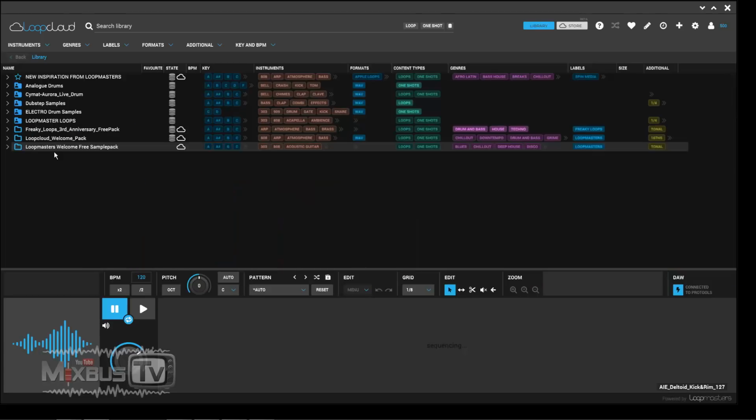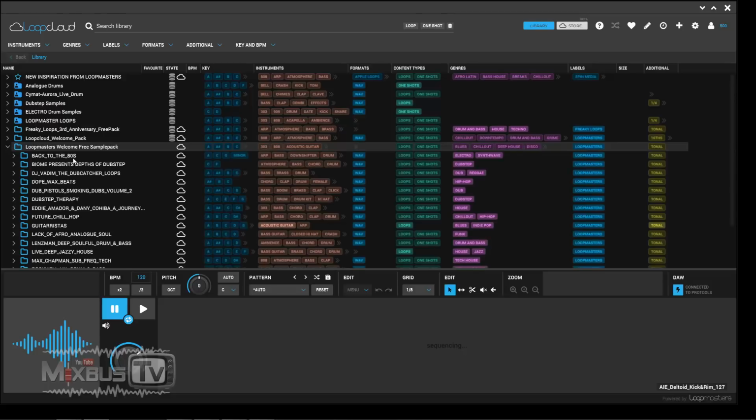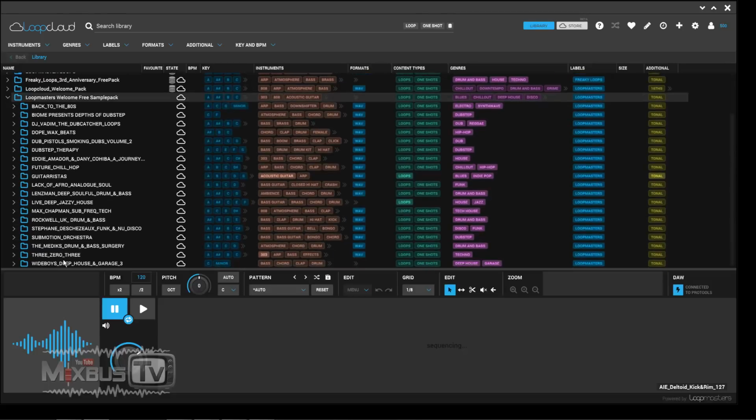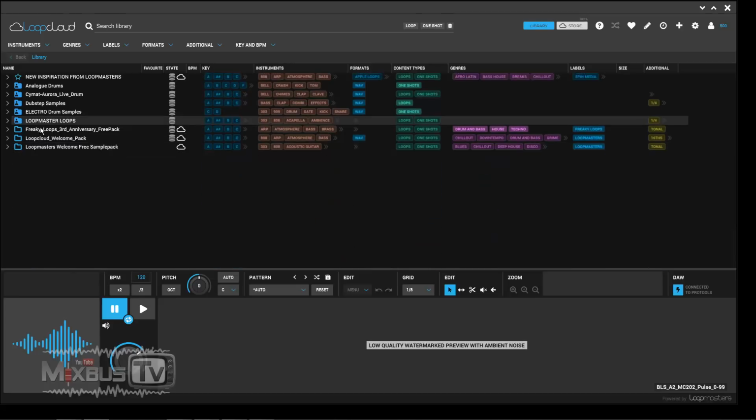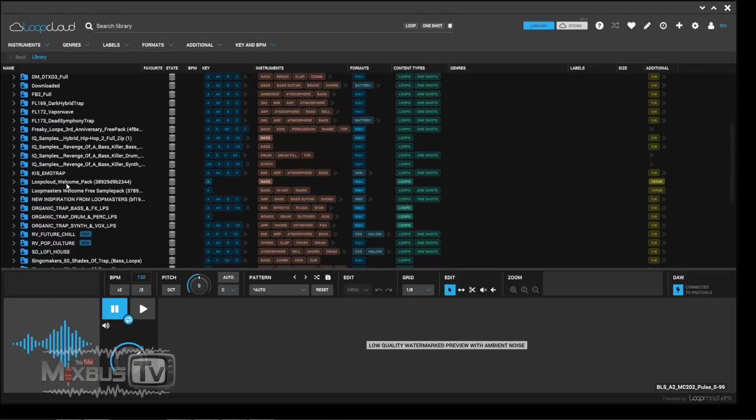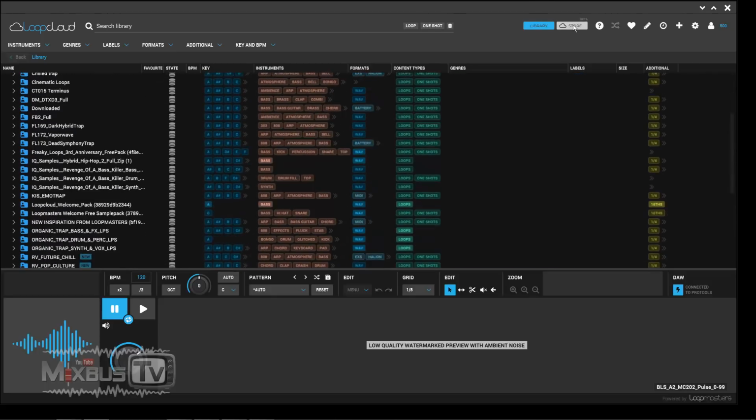So we're seeing the main interface here. On the left there are all your samples, all the folders with your samples. You can see mine. Some are the free samples that come with Loopcloud when you download it for free, and there are many, and there are also very good samples, by the way. At top you can see I imported my own library. This Loop Master Loops is a folder that contains all the samples that I bought or downloaded from the store,